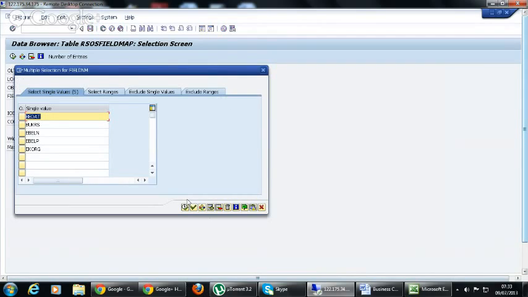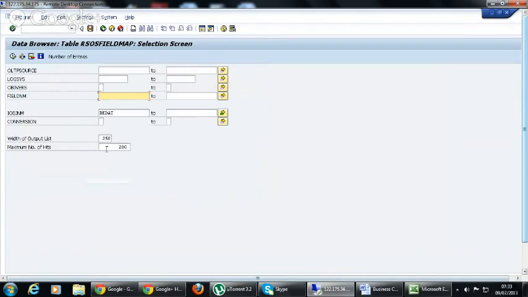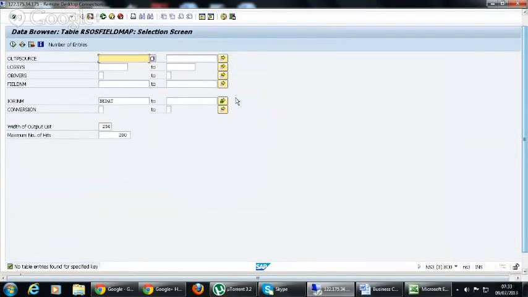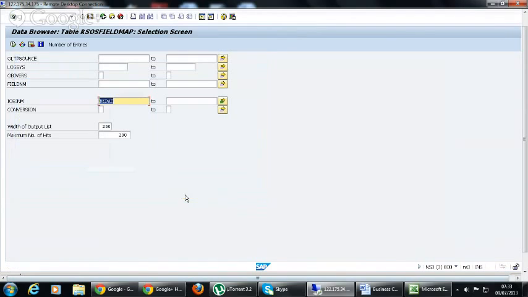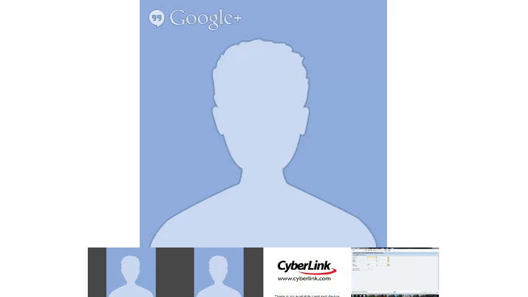Here you have to execute it again. Well, I did it right. It says no table entries found for the specified key.